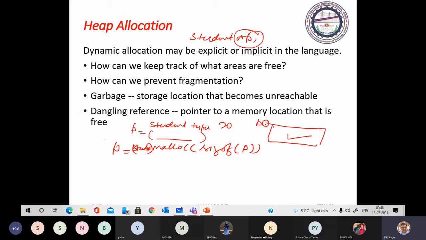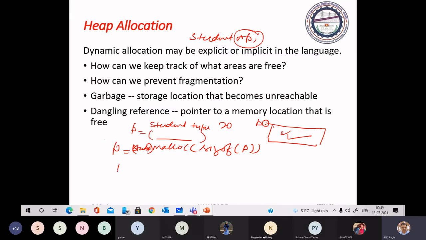Is it clear? Now suppose you have processed a particular student information, it is a temporary variable, and now you have to process another student information, and you are not using another variable.